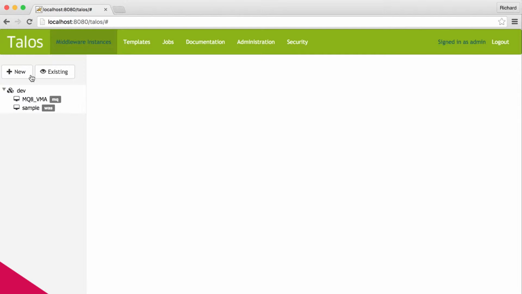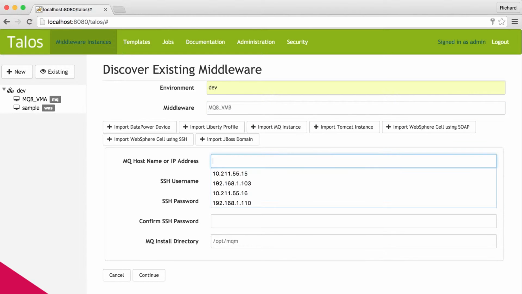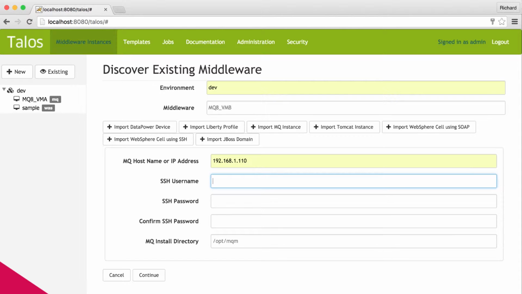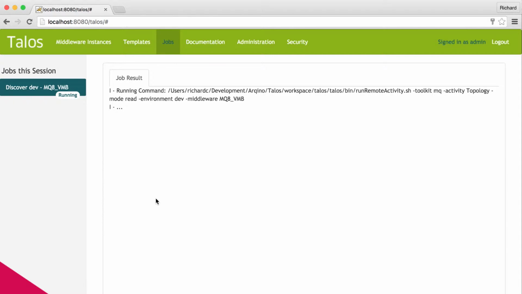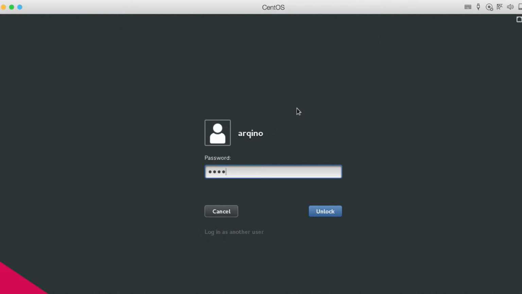So what we're going to do is point to an existing instance, which is our MQ8 VMB, so our second VM. It's running on 110, username, password, and it'll go and suck through the configuration. So